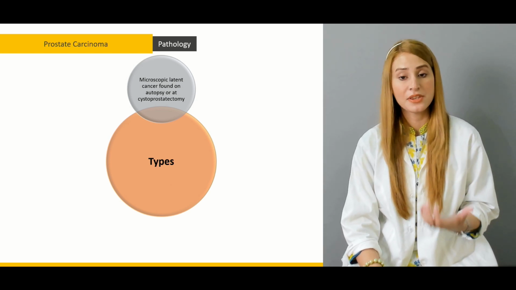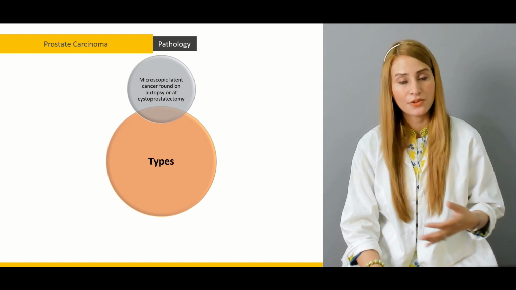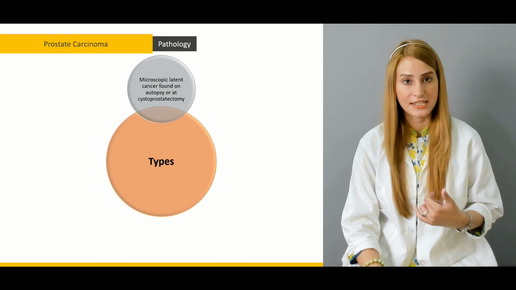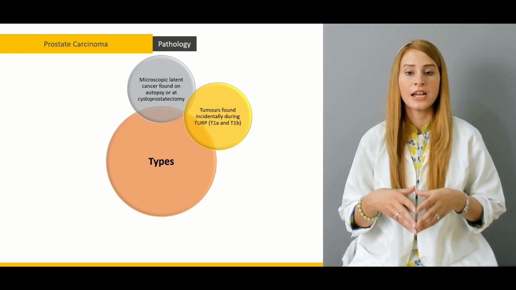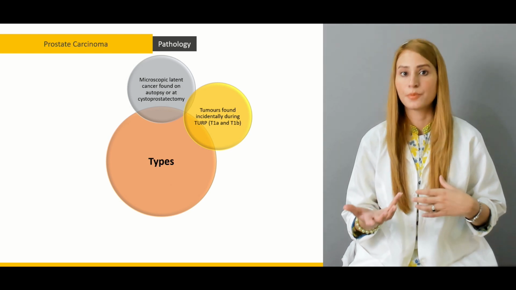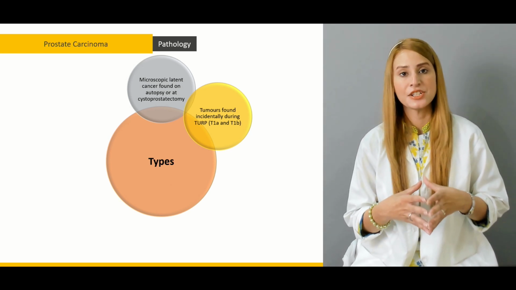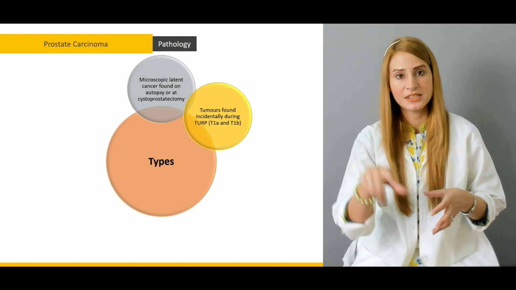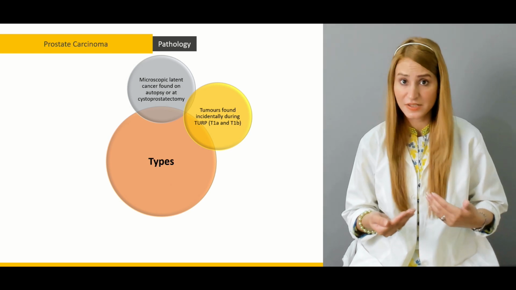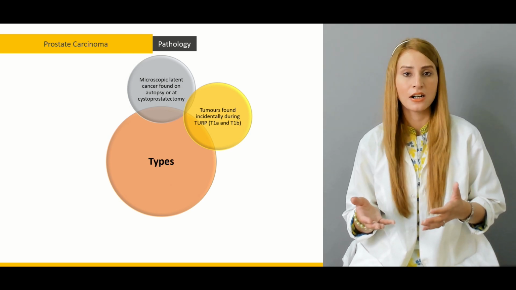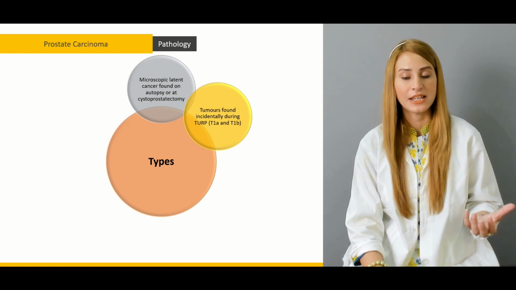So pathologically, there can be microscopic latent cancer, which is found on autopsy or cystoprostatectomy. Tumors are also found incidentally, like when you're performing the TURP, there can be T1a and T1b tumors. I'll be discussing T1a and T1b, which is basically the TNM staging, and we'll be discussing which stage is T1a and T1b, and what the invasion of the